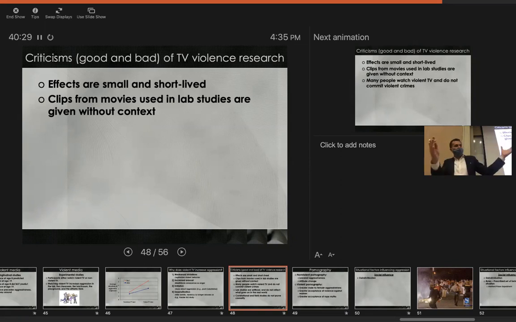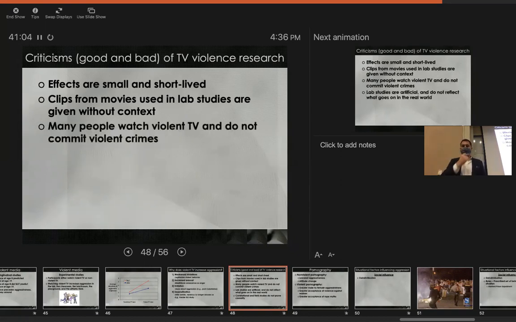And if they had seen the whole movie or the whole TV show, that would create a context in which you can place that specific violent clip. And so maybe the person in these movies, for instance, gets punished later on in the movie for using that violence, and you're not showing people that punishment in the lab, right? Which could be true, although I think it's pretty easily countered that in actual movies and TV shows, a lot of the heroes who use violence are never punished for that violence. There is no context that minimizes that violence later on in the movie. So that context just may not exist.